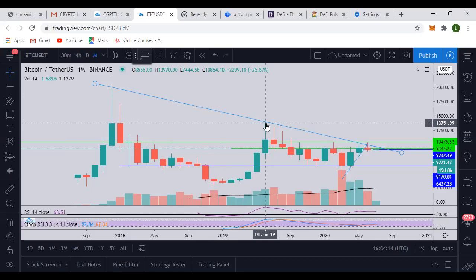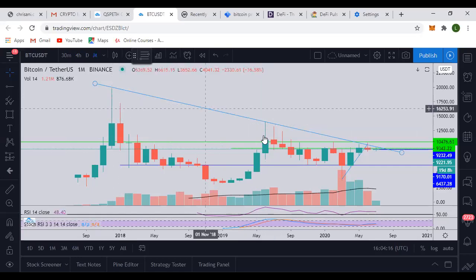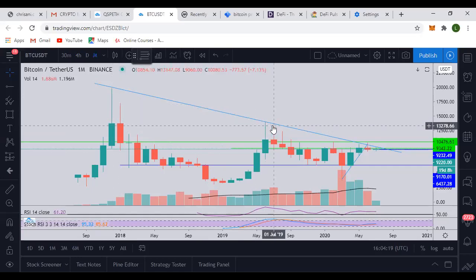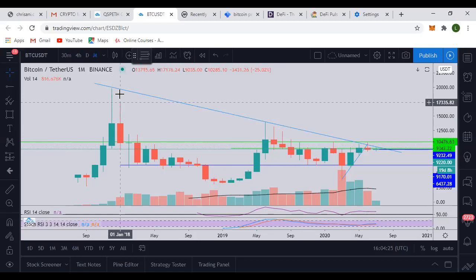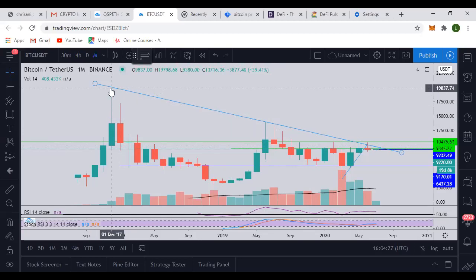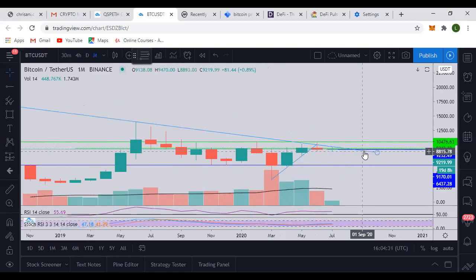See here, the next high is lower. This next one is lower. The next one is lower, just like that, lower highs. And since that time, in this monthly downtrend, the price of Bitcoin has not been able to close above it. Closing above a horizontal line, a support line, a resistance line, or a trend line is important. If it never closes, no trade.